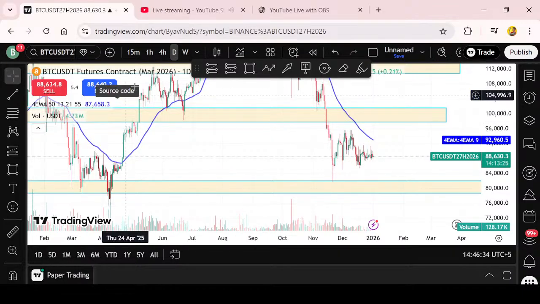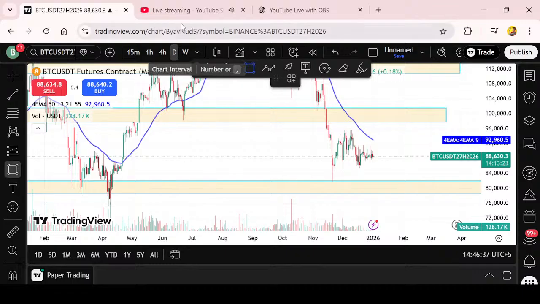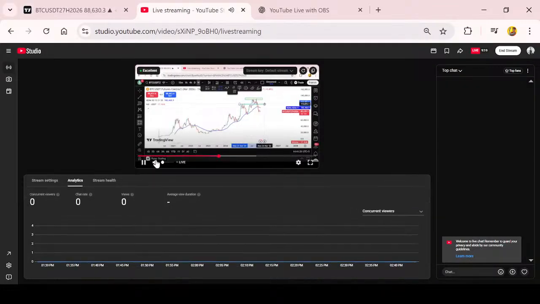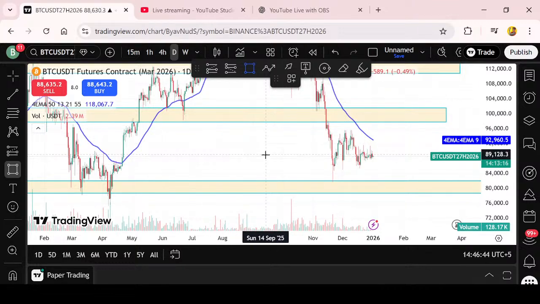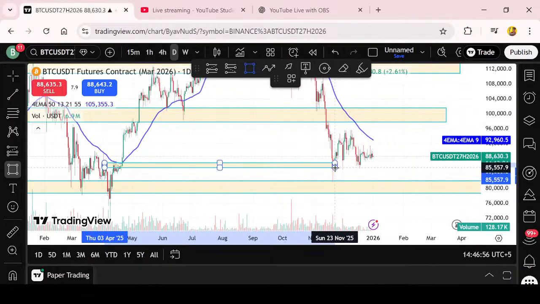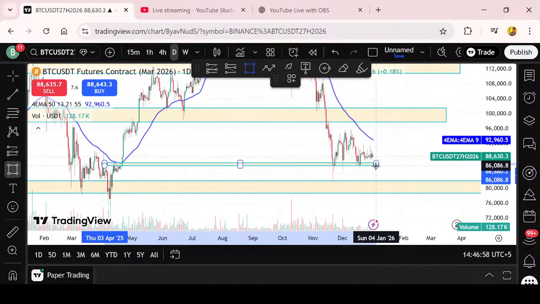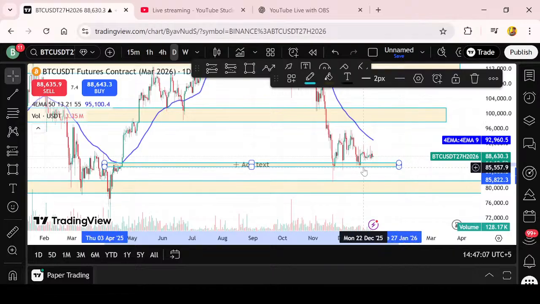There is a small spot, and now there is a small spot we can mark from here because it is an important point, because here is the rejection of the EMA also. So we will mark the main spot point because you know that it touches